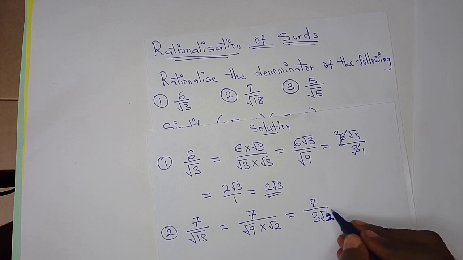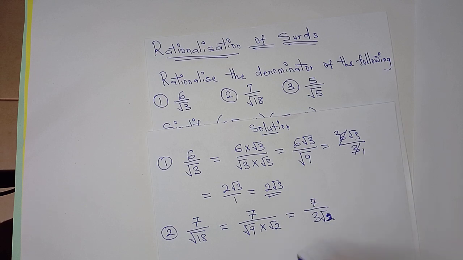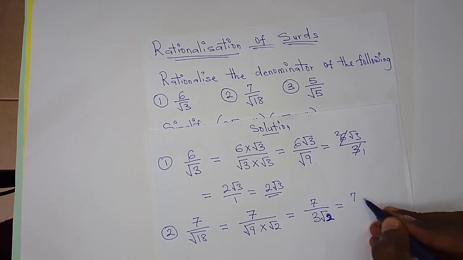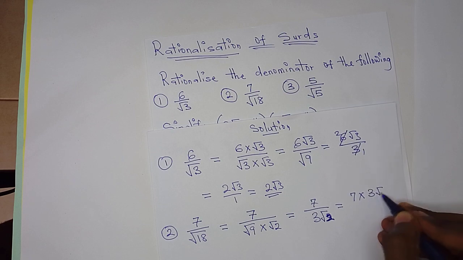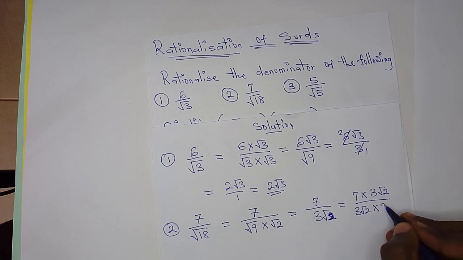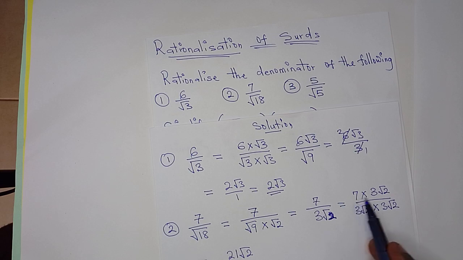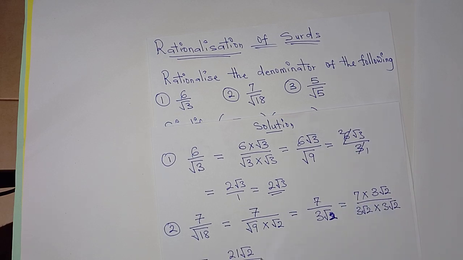So what do we do? We multiply the numerator and the denominator by the denominator. So that will give us 7 times 3 root 2 all over 3 root 2 times 3 root 2. So let's see what we have from there. 7 times 3 is what? 7 times 3 is 21. 7 times 3 root 2 will give us 21 root 2, all over